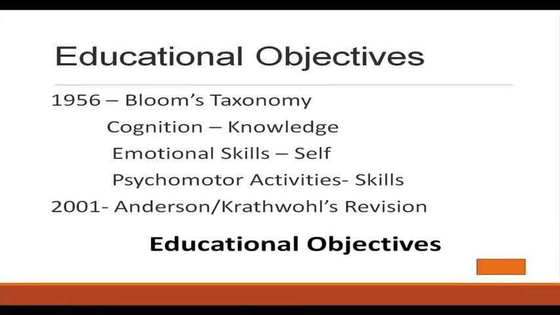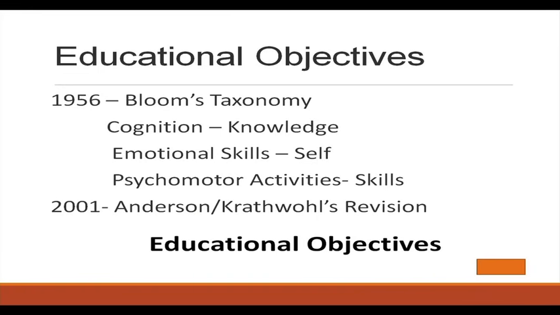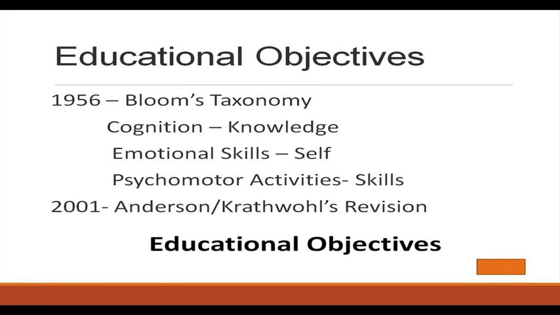So, educational objectives. In 1956 Bloom's taxonomy was discovered. There, the cognition things, emotional skills and the psychomotor activities were there. In the cognition it is mainly the knowledge, emotional is mainly the self, and the psychomotor activities are the skills. I will explain this in another lecture. Okay. So, in the 2001 Anderson Krathwohl revision,